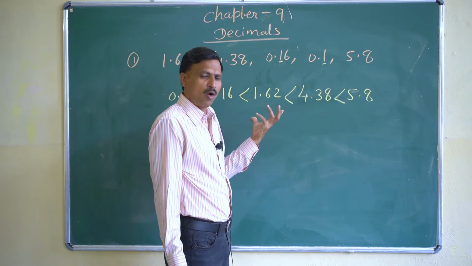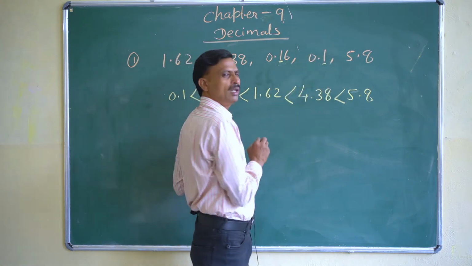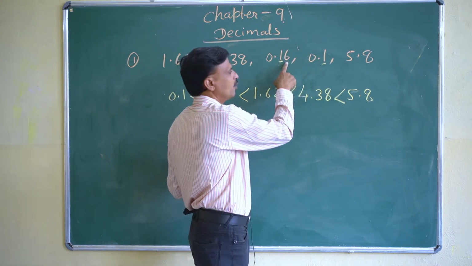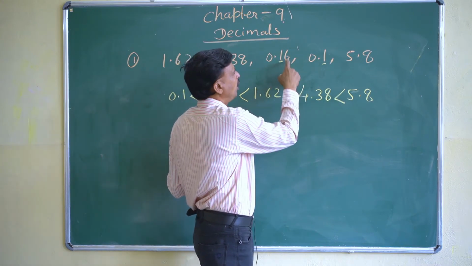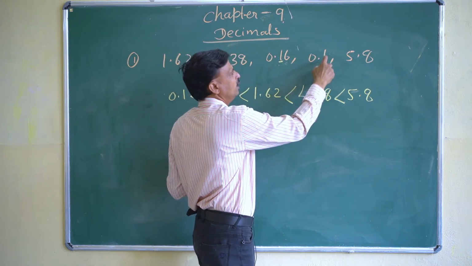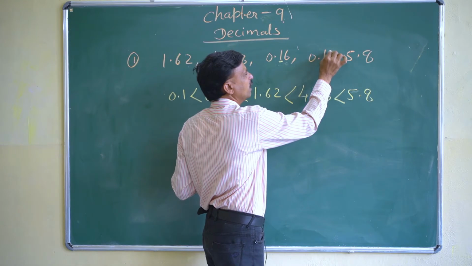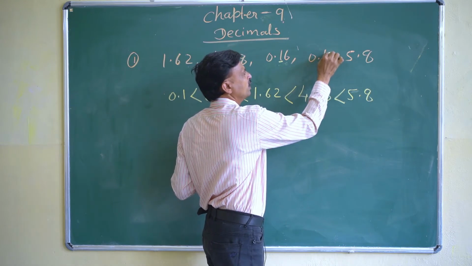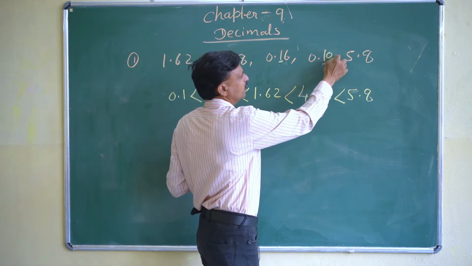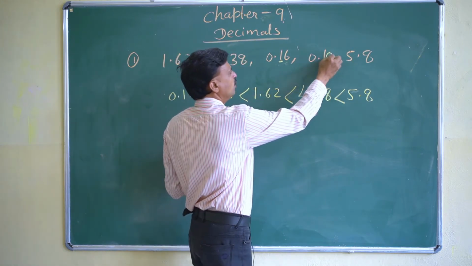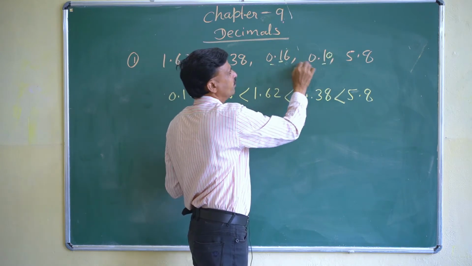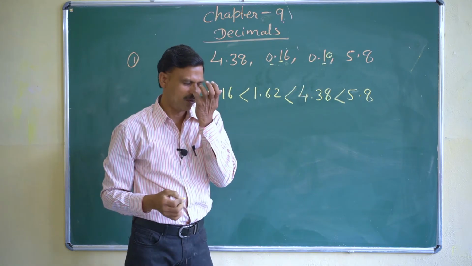Then how will we decide, because now no number is given here, only the first place digit, but here it is given 6. So how will we know that this one is greater than this one? If there are no numbers, we take it here as 0. We can put as many zeros as we want after this. Since this is 0 and this is 6, definitely this will be greater than this. In this way we can compare.